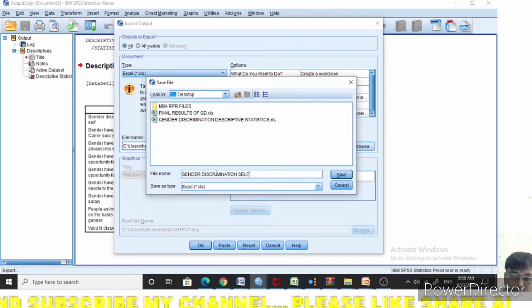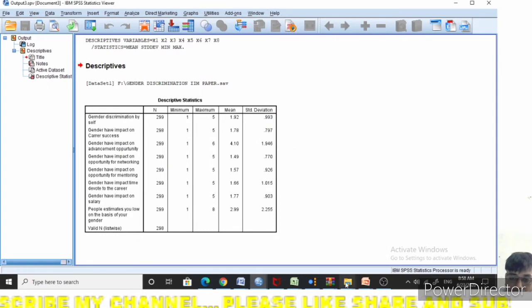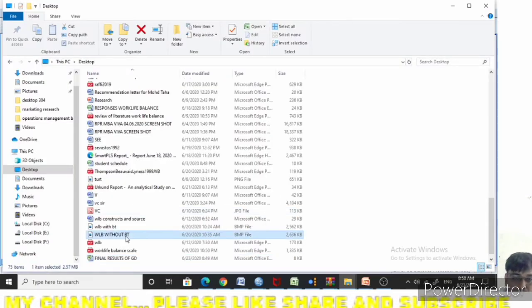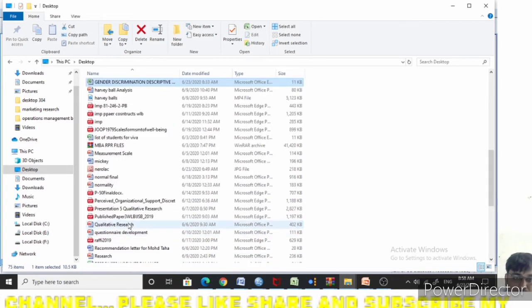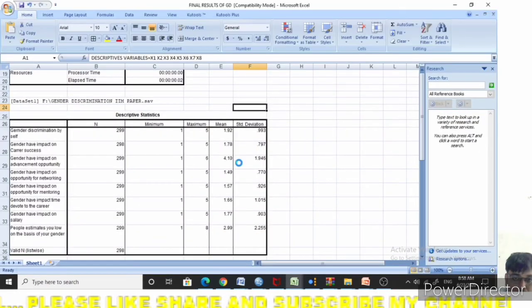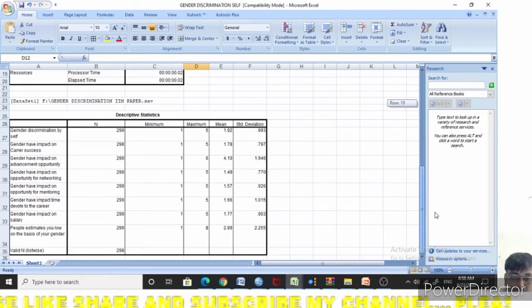I save it on the desktop and press OK. Now I move to my desktop, and this is the file, gender discrimination by self. Here you can see that the results have been exported to the Excel sheet.